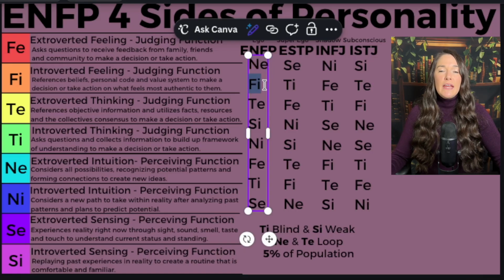And they're communicating with what feels right to them, their morals and values, what is authentic to this individual. Whatever they believe in, whatever they're passionate about, that's what they're going to say. That's how they're going to communicate. They're going to validate other people's values. They're not going to try to ruin each other's vibes. They're not going to trample on each other's ideas. They're going to be able to listen to other people's ideas and validate them.